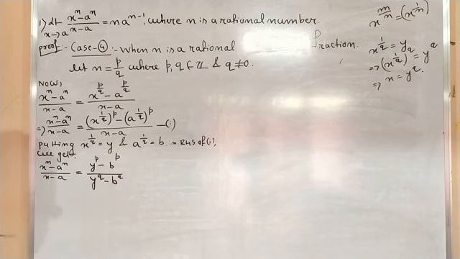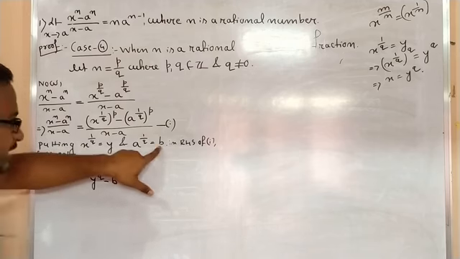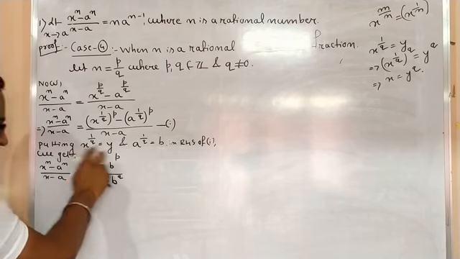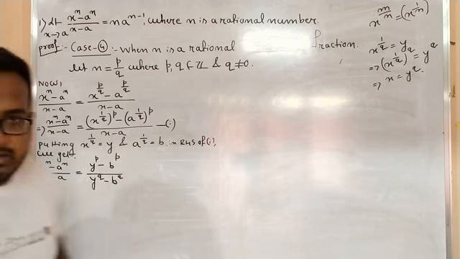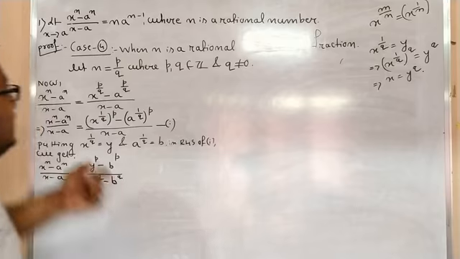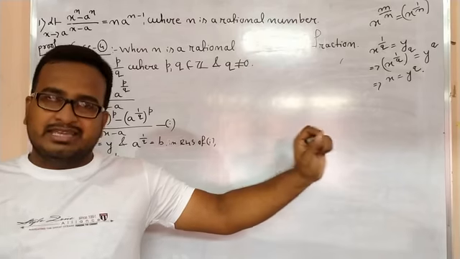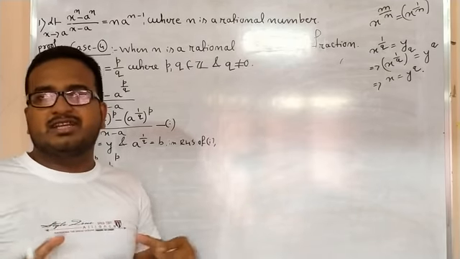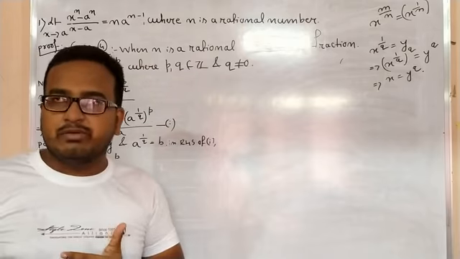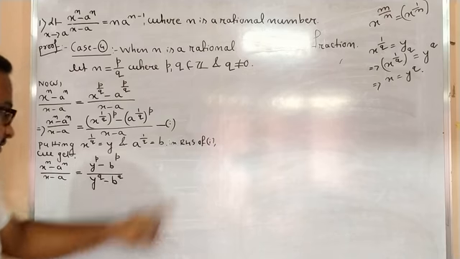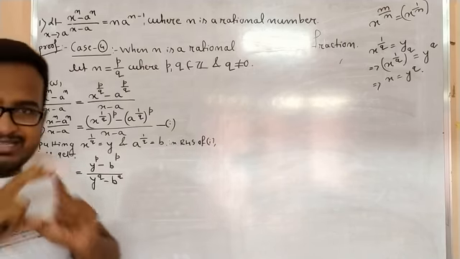Now one thing you have to remember: this y and b are not the same. Why not the same? Because x and a are not equal. This x and a are different, that is what I have already told you. The meaning of this is that x is approaching towards the point a in any direction, from the left hand side or from the right hand side, but x cannot be equal to it. So as x and a are different, y and b must be different. Remember this: y and b are distinct, they are not the same.